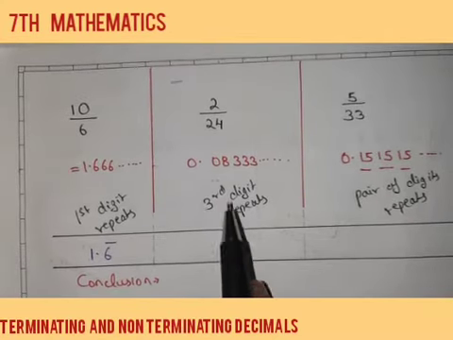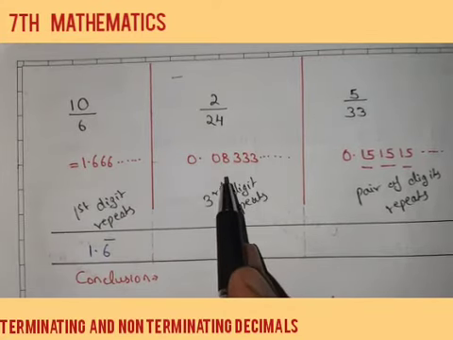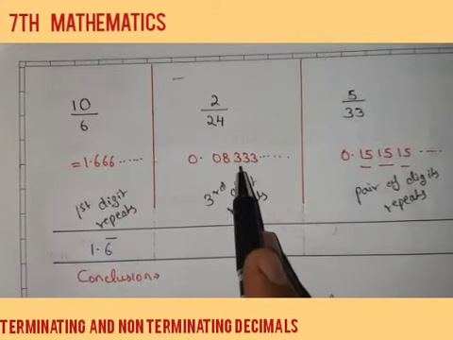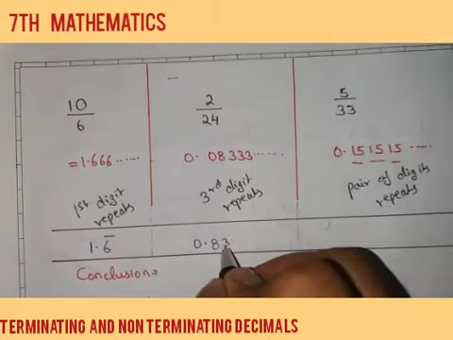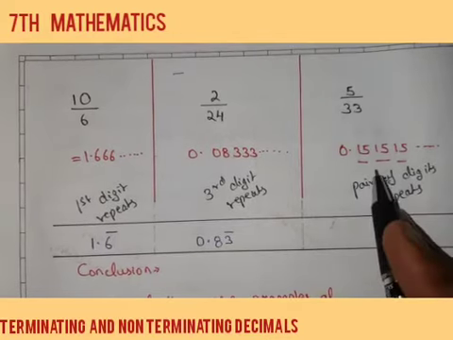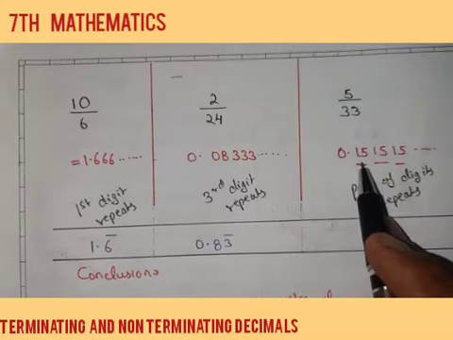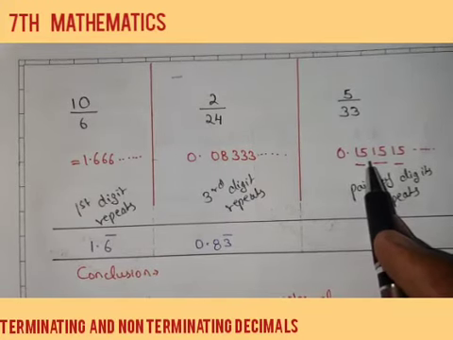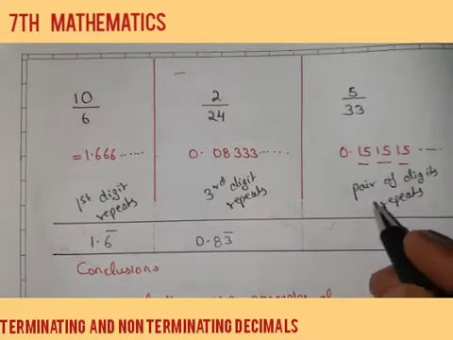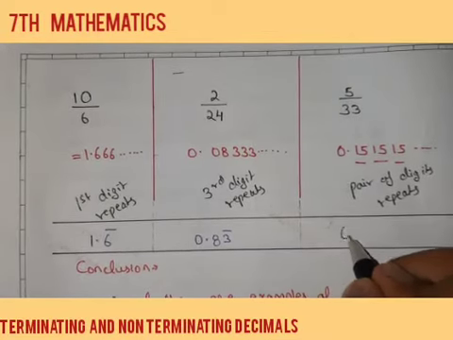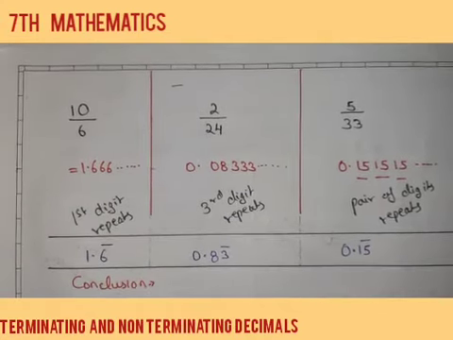In the second example, it is given 0.0833333. Which digit is getting repeated? The third one, that is 3. So here we will write 0.083 bar. Now in this particular question, it's 0.151515. Now here 1 is also getting repeated, 5 is also getting repeated. So instead we'll say that a pair is getting repeated, and in such types of examples we write it as 0.15 bar. That means a pair is getting repeated.